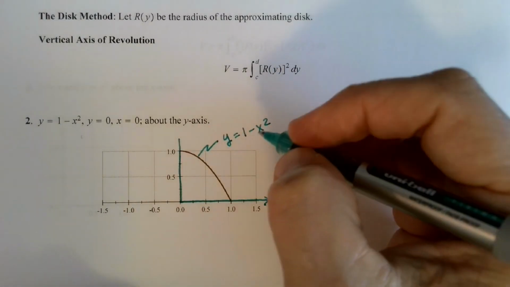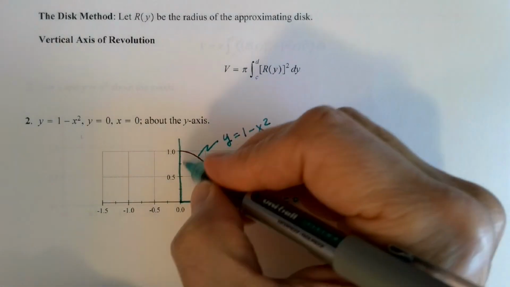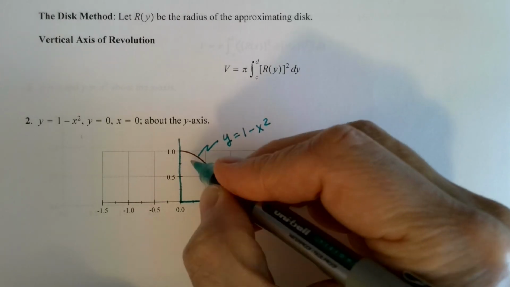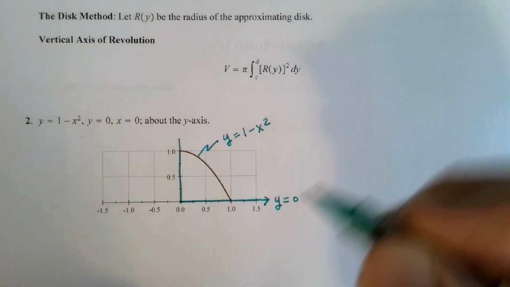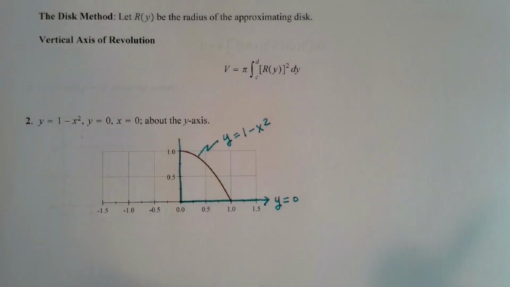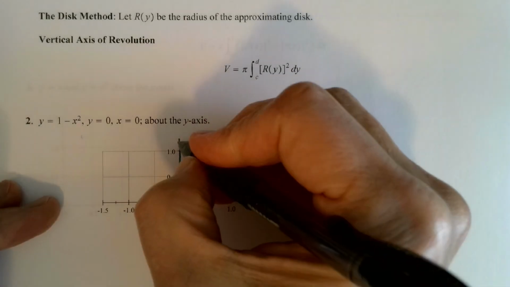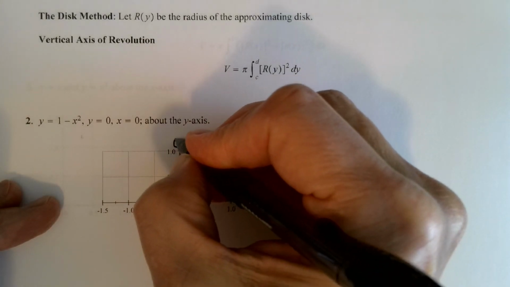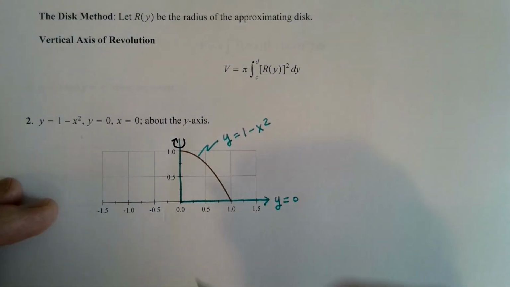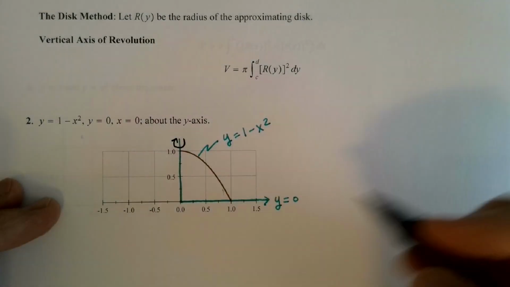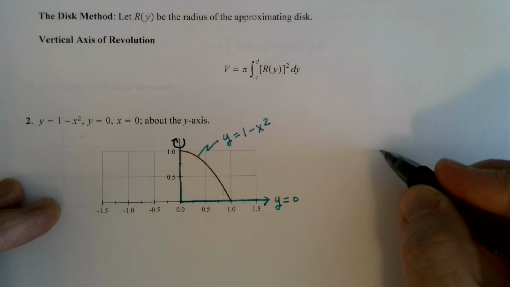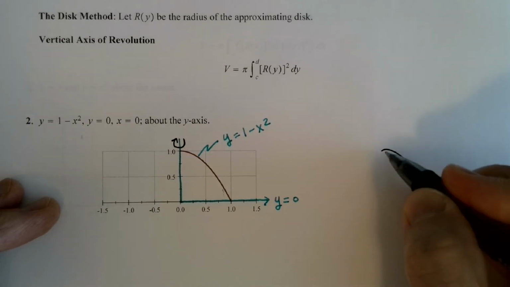And so we see the region here that is bounded by these three curves. This little region here. Now we're rotating about the y-axis this time. So this is the y-axis here, and this piece will go into here. What will this thing look like when we're done with it? It should be sort of this